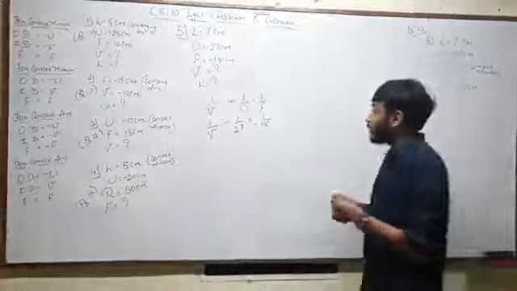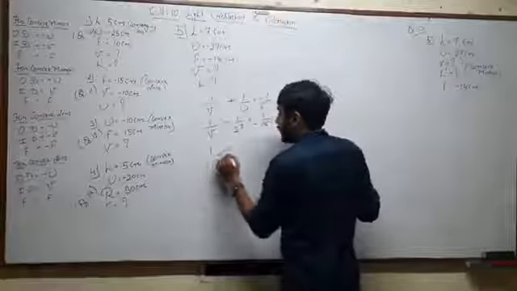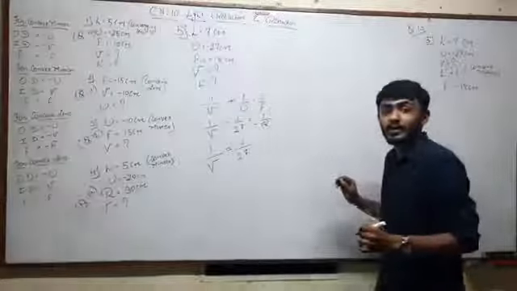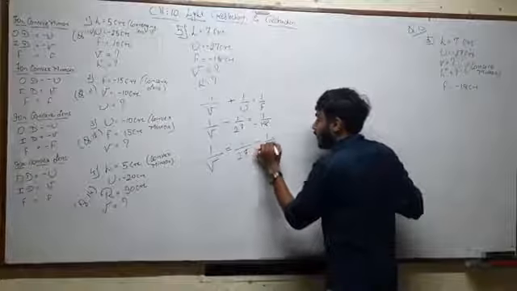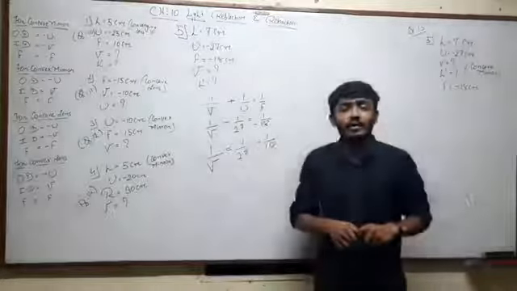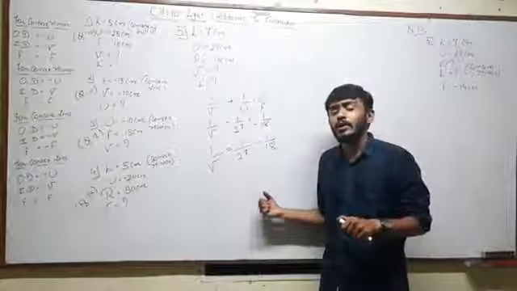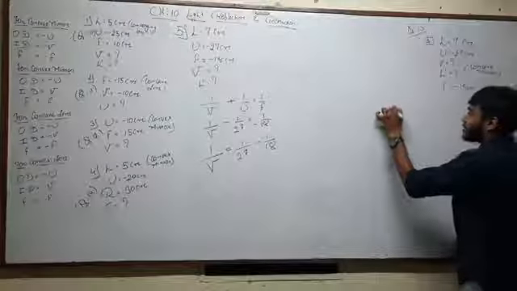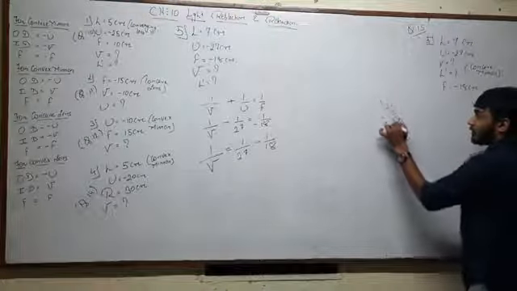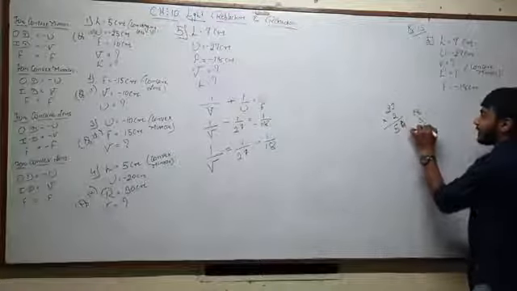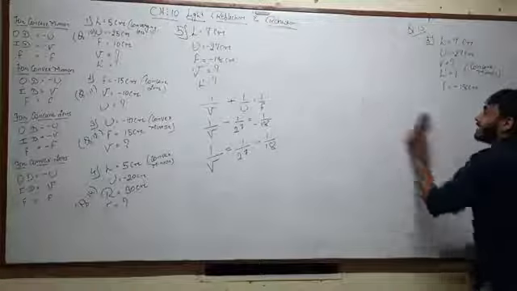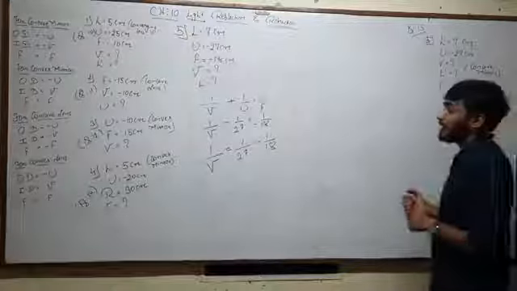Okay. So now 1 upon V is equal to, shifting minus 1 upon 27 over here, that becomes 1 upon 27 minus 1 upon 18. Now we need to look for the LCM over here. We can write 27 twos are 54, and 18 threes are also 54. So the common multiple between 18 and 27 is 54.